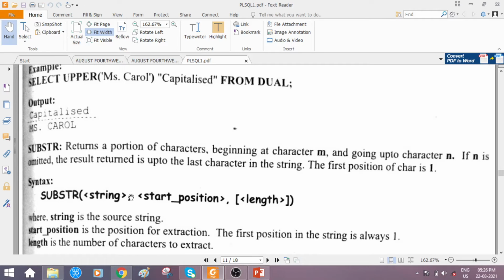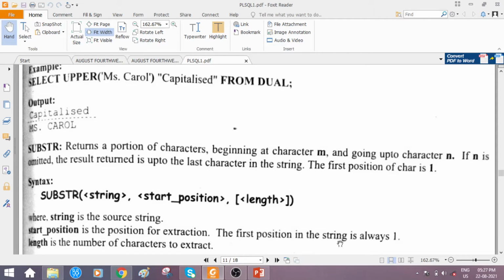Okay, so let us observe here. Substr: from which string you should provide the input string, and in this given string, this is the original data, comma M, which is the start position, then comma N, that is the length, from the Mth position till how long it has to be fetched. Here string is the source string, holding the input, if it is a name or any noun. Start position is the position from which the string has to be extracted.